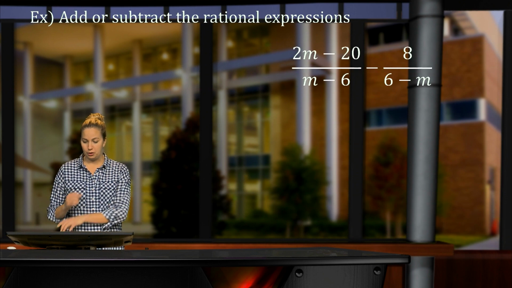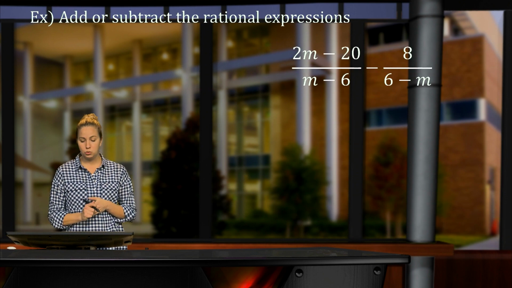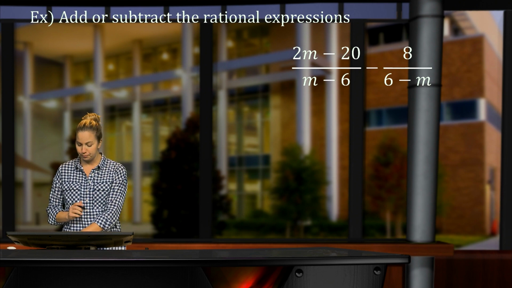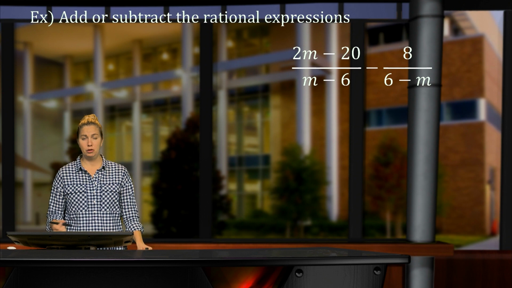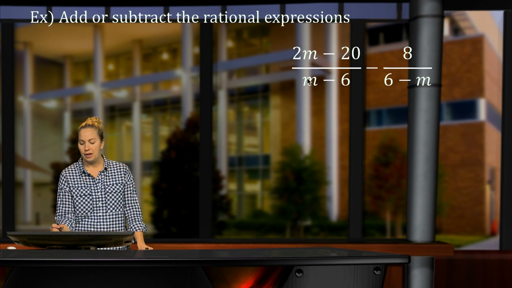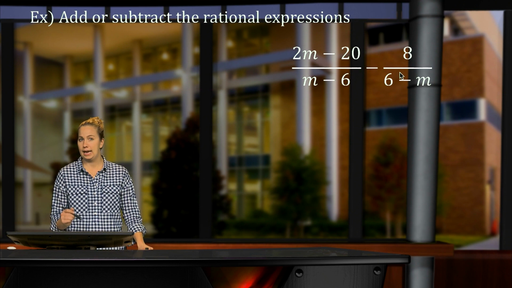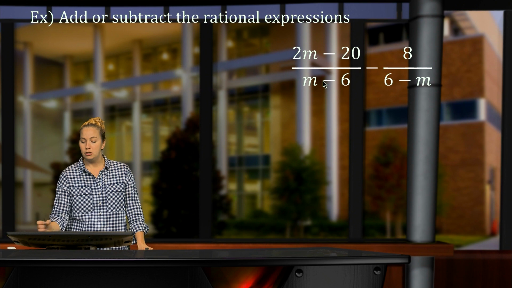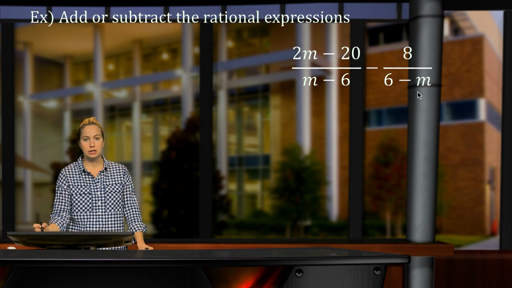Let's take a look at another one. 2m minus 20 over m minus 6 minus 8 over 6 minus m. In this example, again, starting with the very first thing of factoring the denominators, we have m minus 6 and 6 minus m. Now, individually, they don't look like they should be factored, but noticing the similarity between those 2